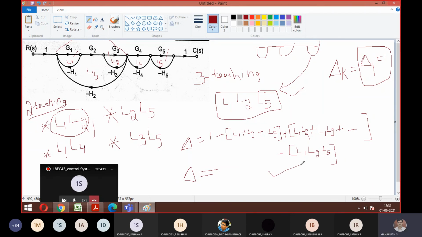Any difficulties? Anyone? See, if you analyze the steps properly, if you understand what is the meaning of non-touching loops, feedback loops, and forward path, then this signal flow graph will give you full marks. So you have an option whether to go with block diagram or go with a signal flow graph. Whichever you feel comfortable, whichever you feel you are going to get more marks, try to attend that. So that completes the 16 marks problem. Am I clear to everyone?